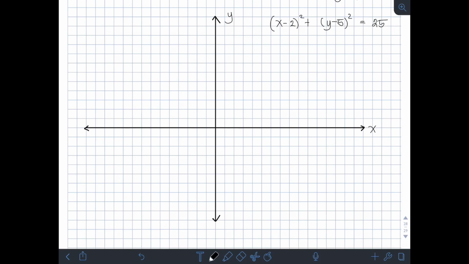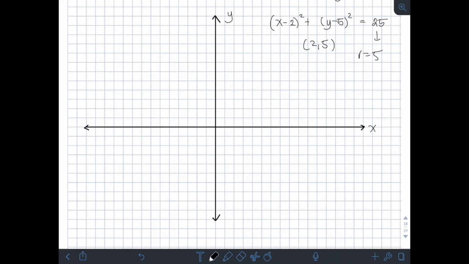Okay? Now, graph na natin yung nakuha nating equation for the circle. So, let's start with the center. So, yung center niya is 2, 5, right? And then, yung radius niya is 5. So, plot muna natin yung center na 2, 5. So, we have 1, 2, 1, 2, 3, 4, 5. Ito. 2, 5. And then, from the center, magbilang tayo ng 5 units horizontally at vertically kasi yun yung radius